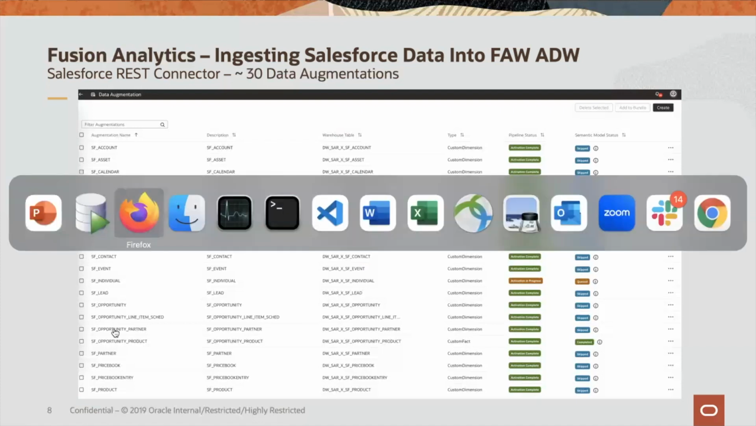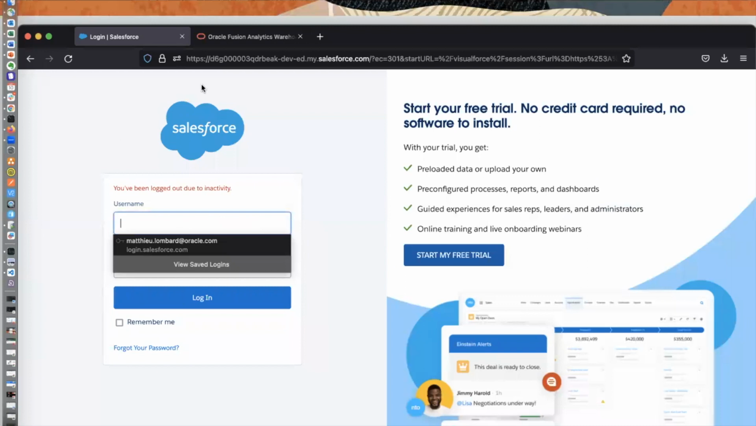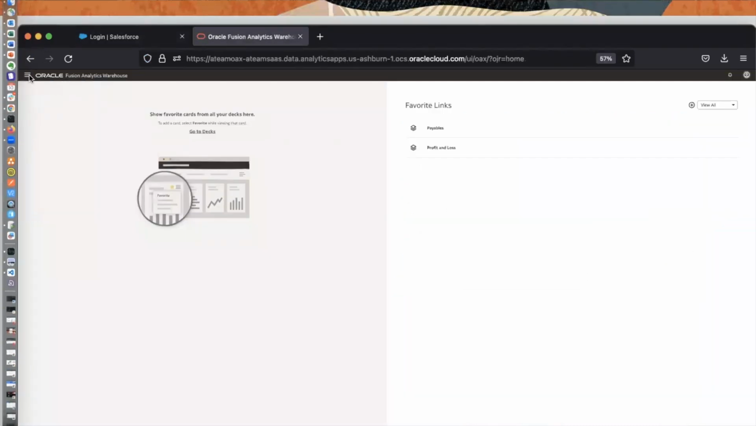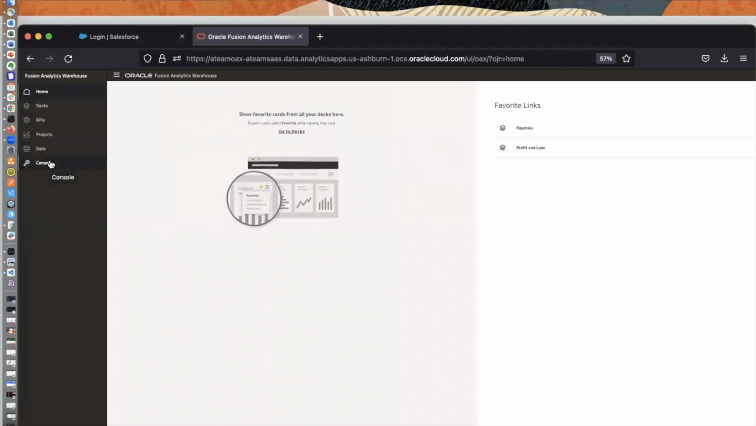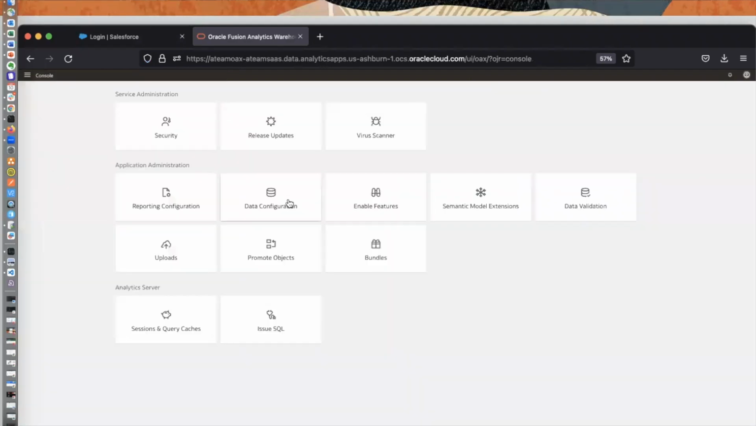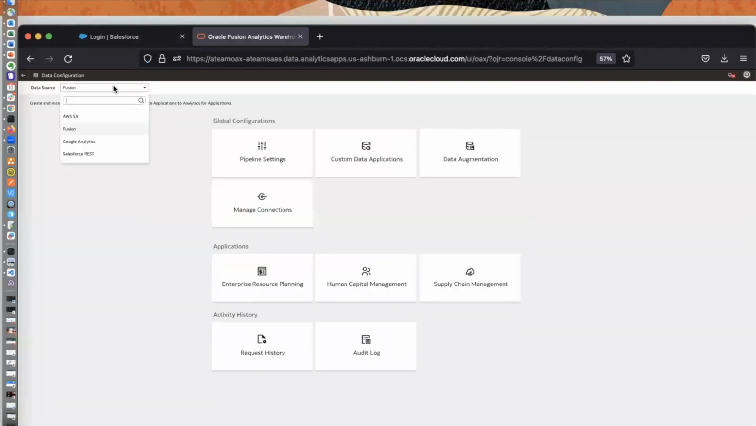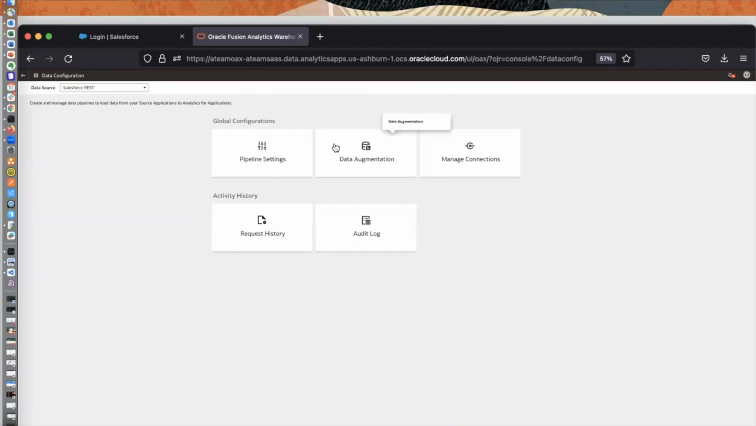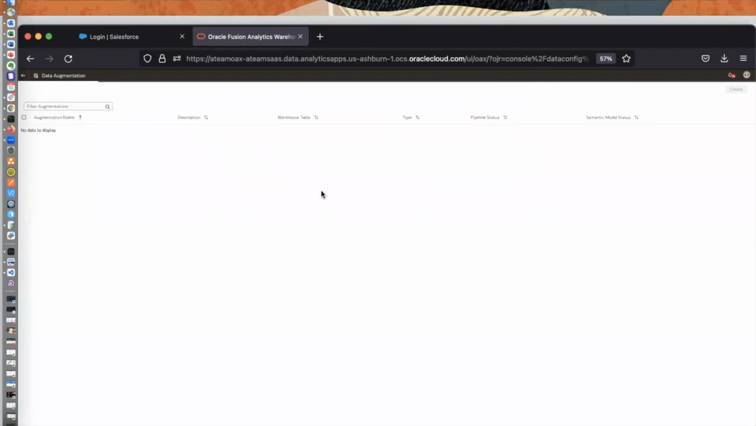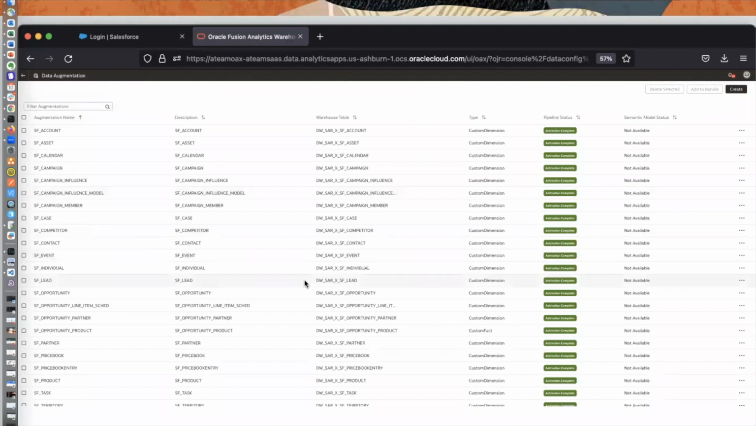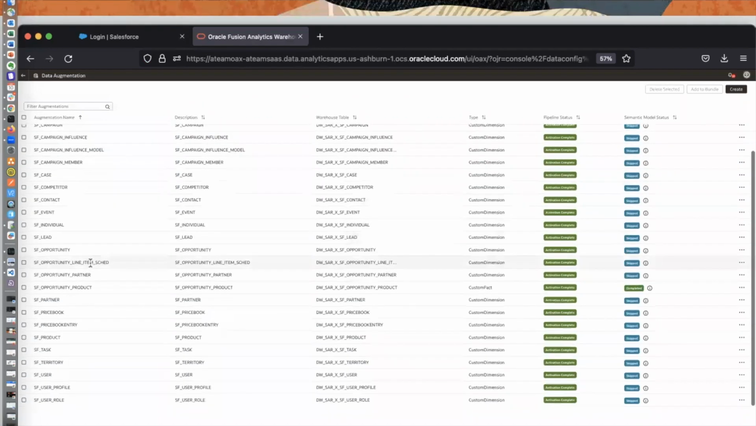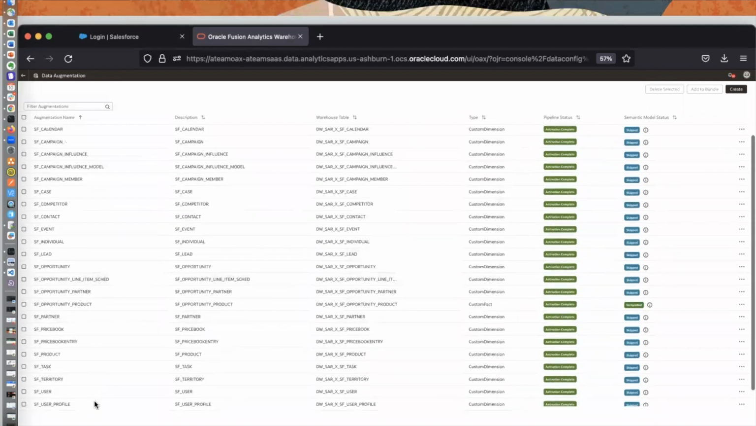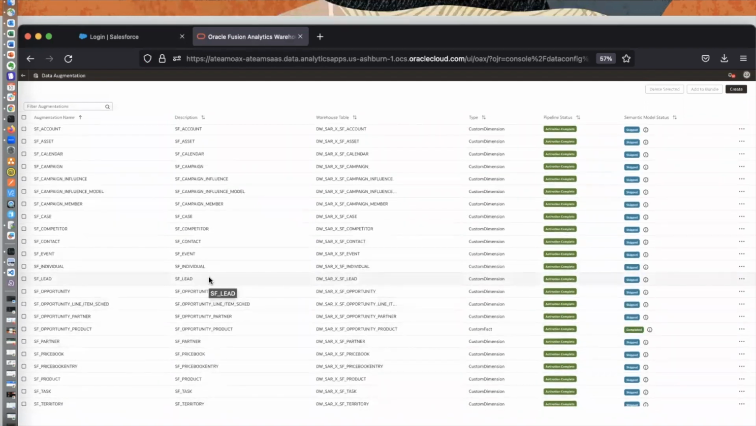So if we go to our Fusion Analytics screens, we have enabled the Salesforce connector already, as you've seen in one of my previous blogs. We'll go to console, data configuration. We'll switch to the Salesforce connection. That's leveraging the REST APIs in the background, and we'll go to data augmentation. We'll see all those data augmentations that we've created. That goes from the account to the user role, and that basically allows us to build, I think, around 6 subject areas that we'll go through